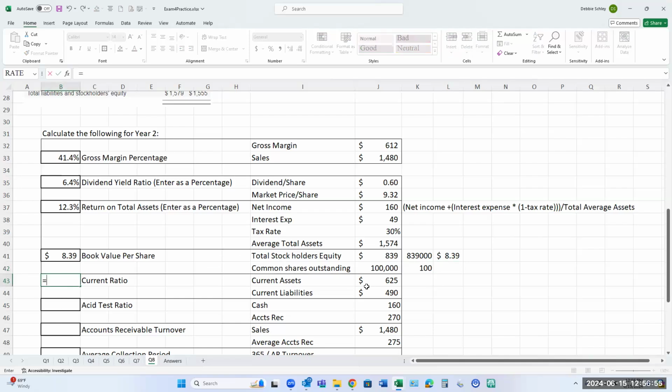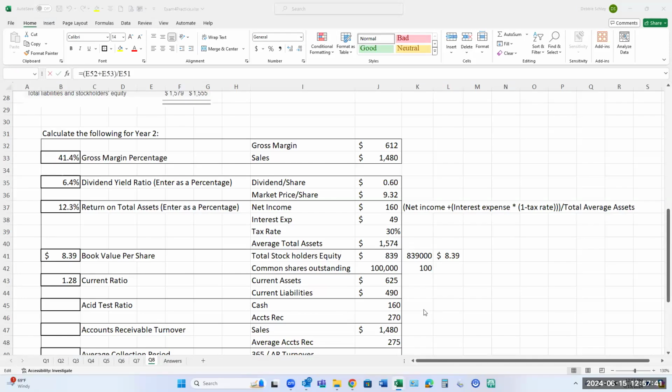Current ratio is just current assets divided by current liabilities. And acid test ratio is cash divided by accounts receivable. Nope, that's wrong. So acid test ratio is